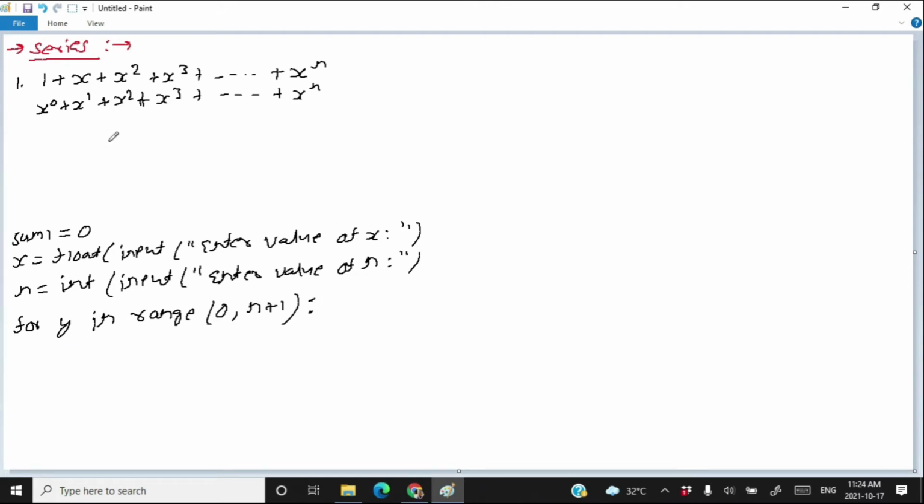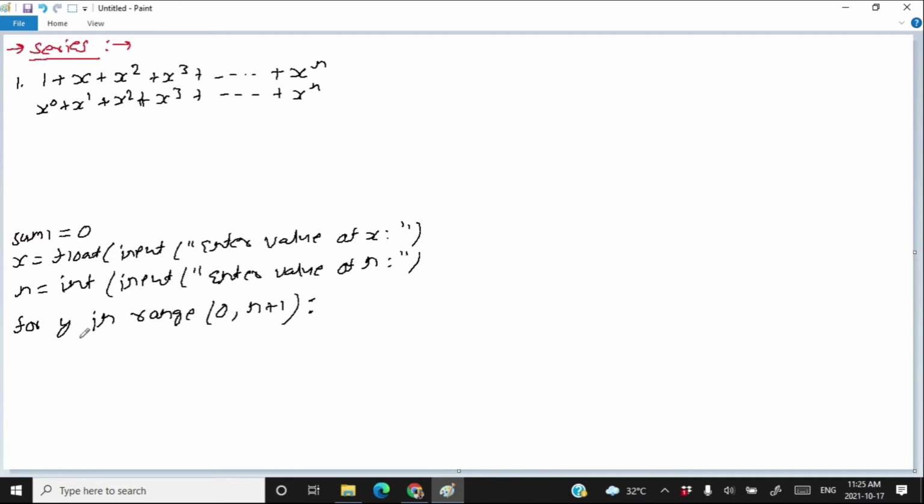Because the value of power should start from 0 and should go up to n. Therefore, the range is starting from 0 and going up to n. We know that writing n plus 1 here actually goes up to n. So for every iteration, the values of y will start from 0 and go up to n.